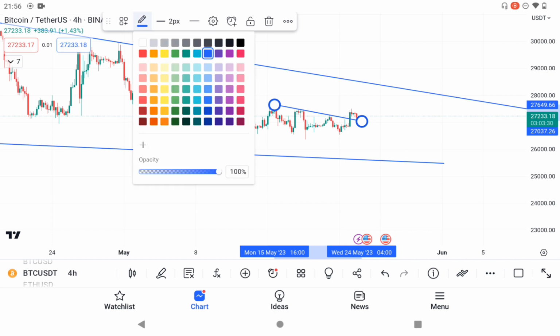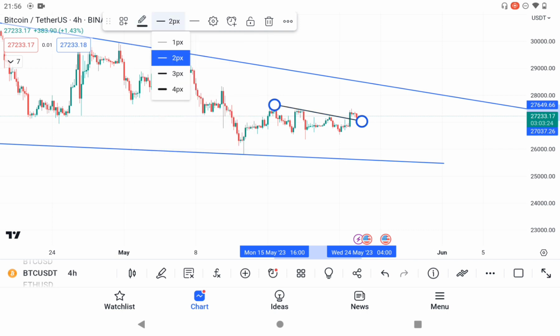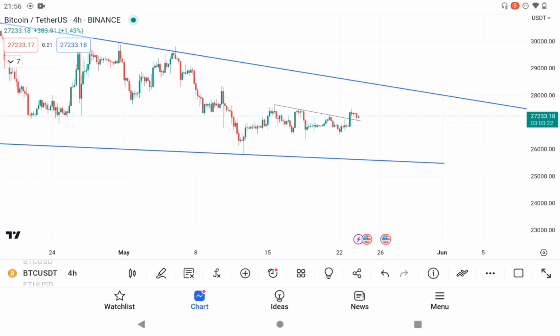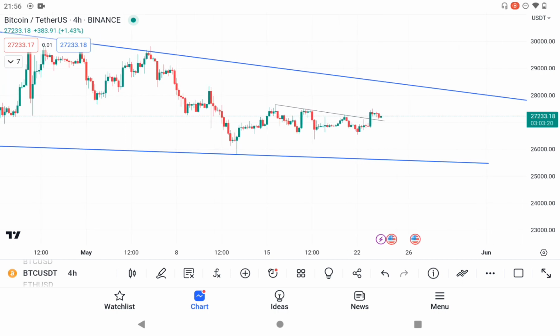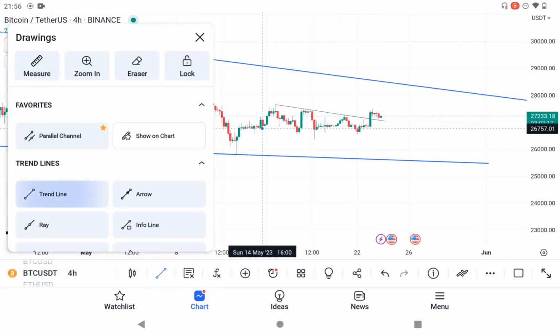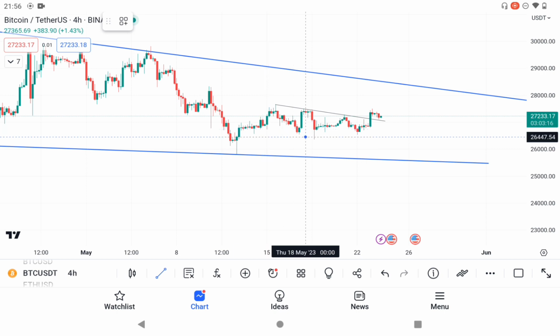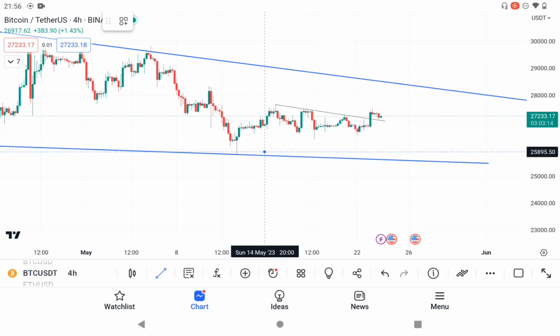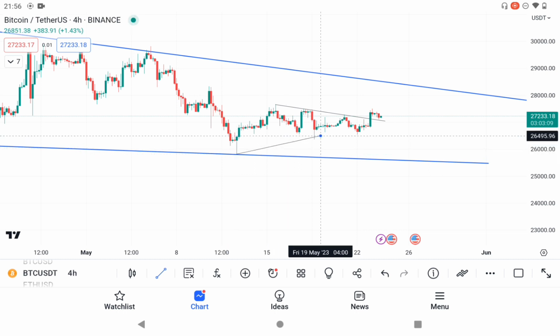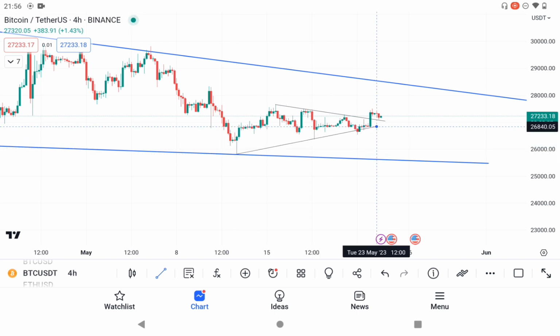Let's put this in red, or just leave it as black, so that you can easily understand everything that we're doing, right? Good. So from this point here,